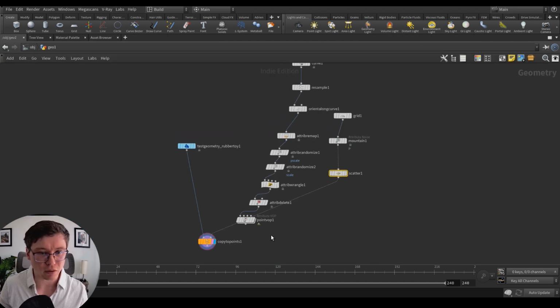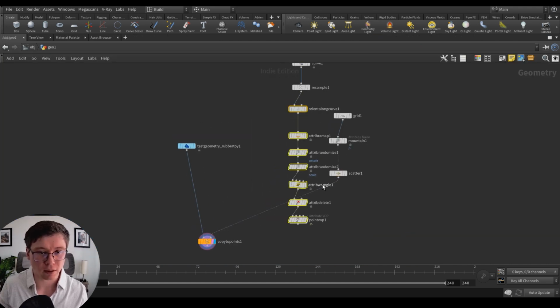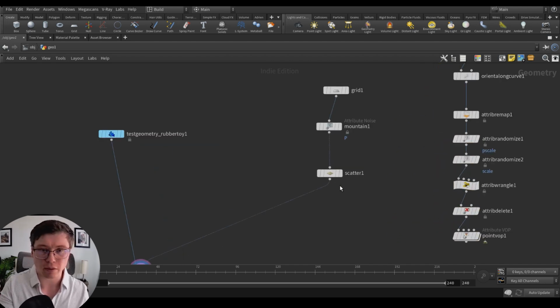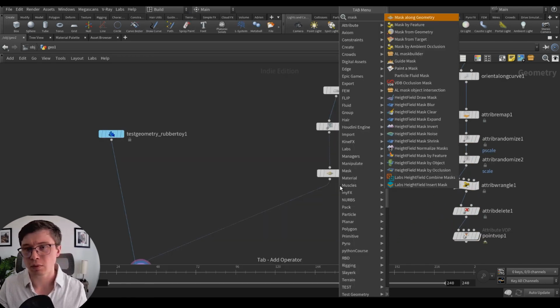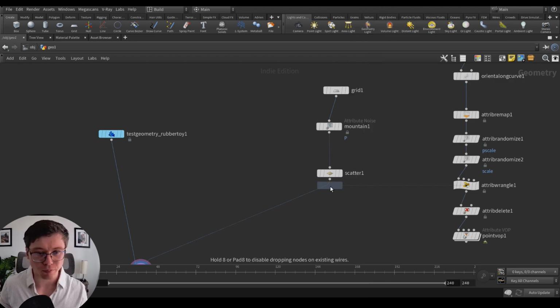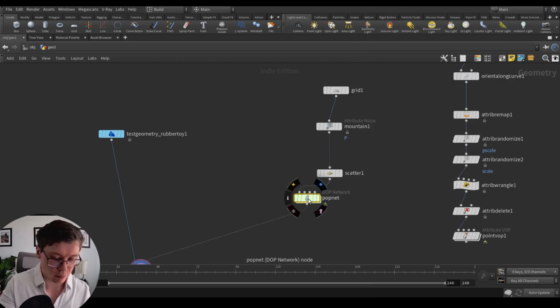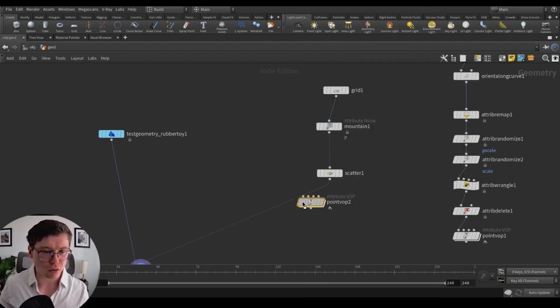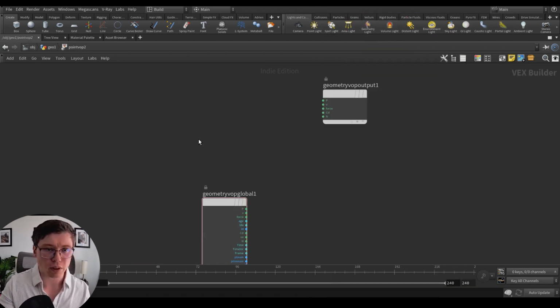I will keep this on the side for now. And we could create an attribute based on a mask from, you know what? Let's drop a point VOP. I usually like to take relative to bounding box.